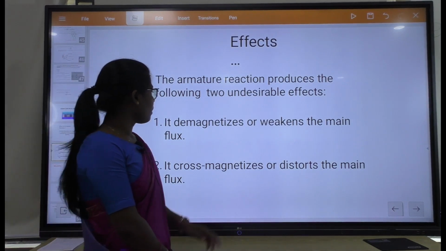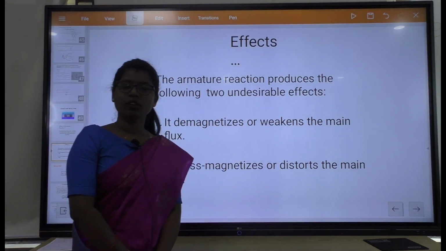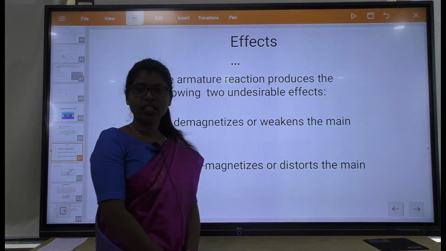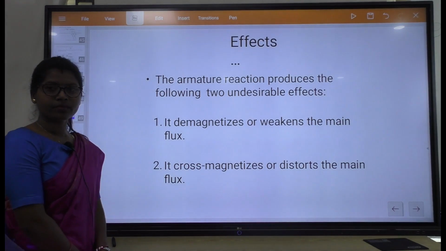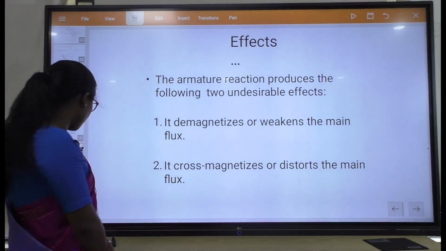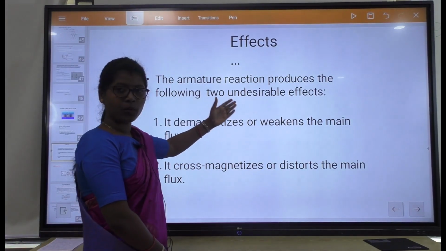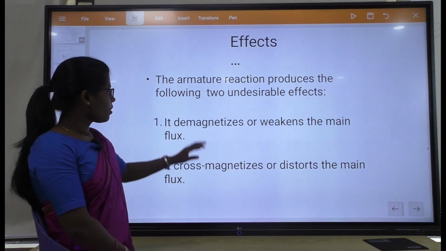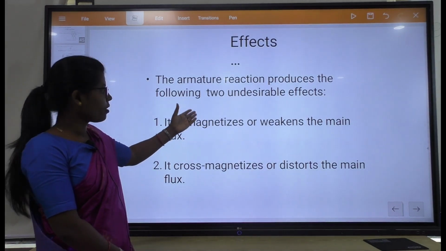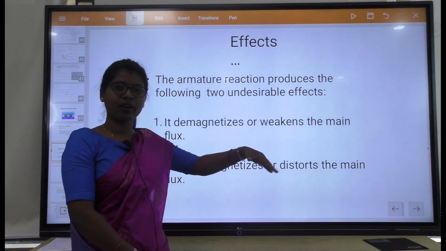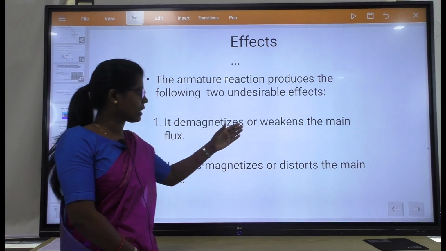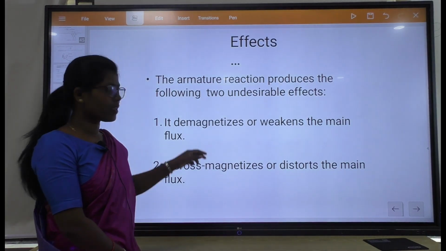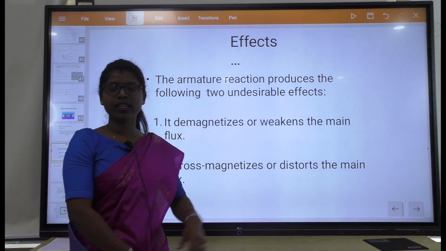And we know in a DC generator the position of the brushes and commutator is decided by the MNA. Okay, the brushes and commutator position we decide by the MNA. If armature reaction occurs, the field weakens, so the MNA shifts. So it is difficult to find the exact position of the MNA, and if we place the brushes in any other position, then it may get damaged.